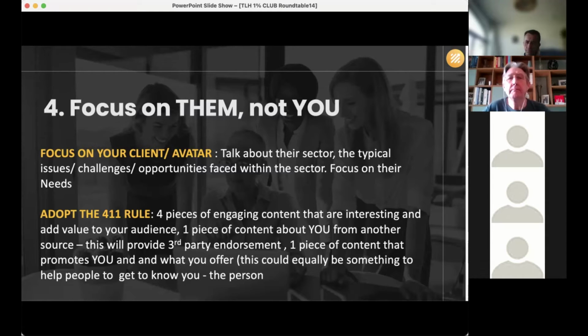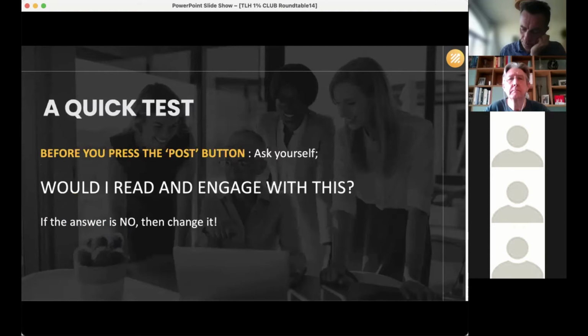So stuff that you're interested in, stuff that you are happy to share, third-party stuff that you're happy to share, but it's about you as an individual. So those are the four aspects.